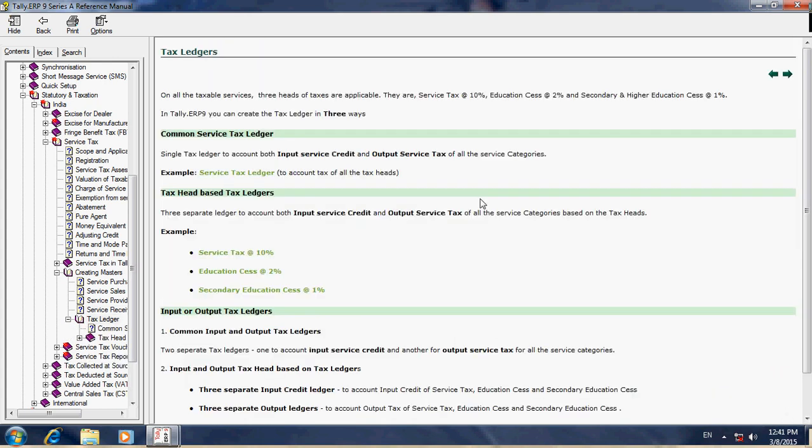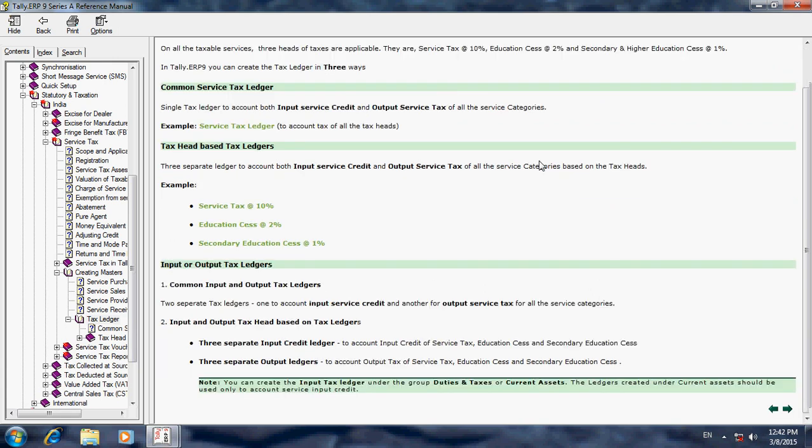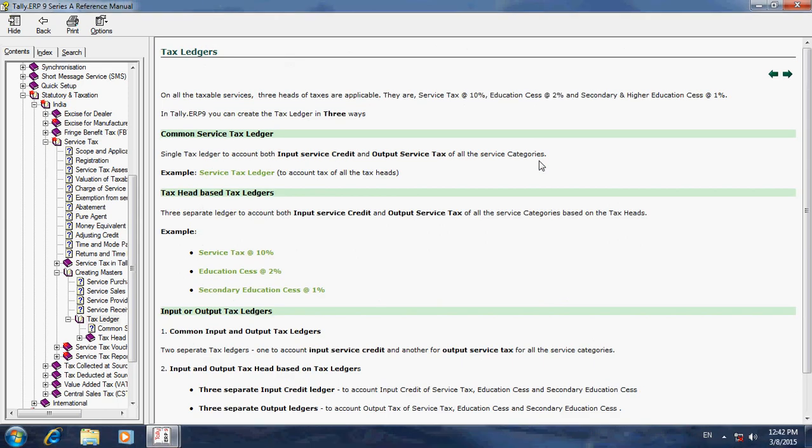Then next, tax ledger. This is also one of the important ones. While creating tax ledgers, create a common service tax single ledger for both input and output.